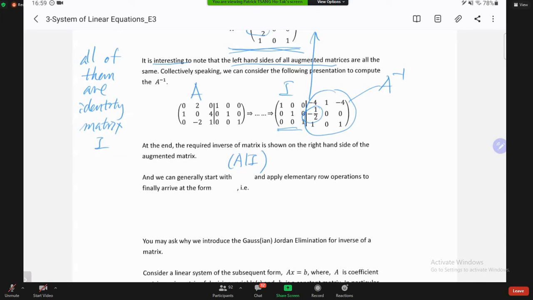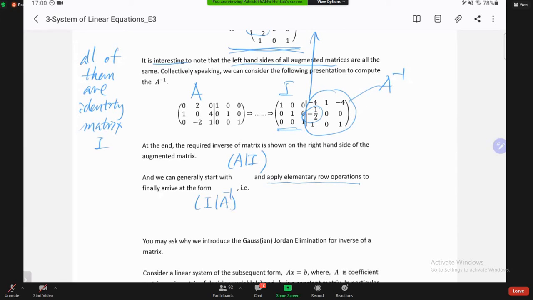On the left-hand side of the vertical bar of the augmented matrix, we simply put down the matrix A. On the right-hand side of the vertical bar, I simply put down the identity matrix I. After applying a series of elementary row operations, of course quite a number of steps, finally we arrive at the form